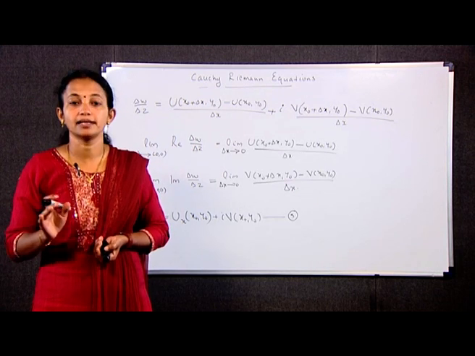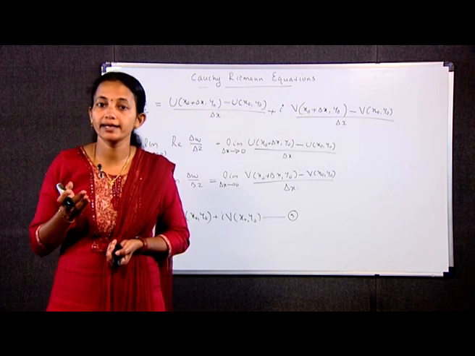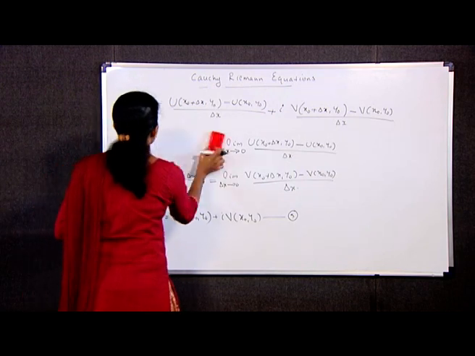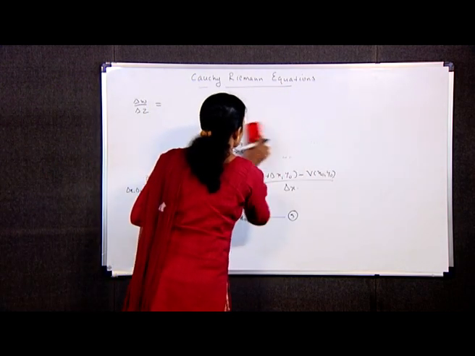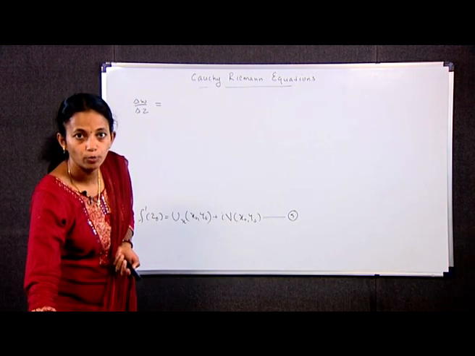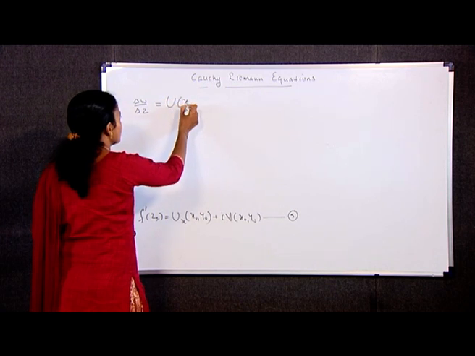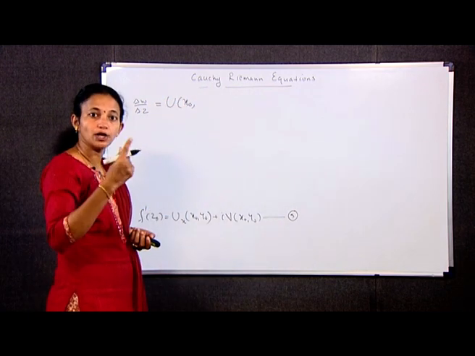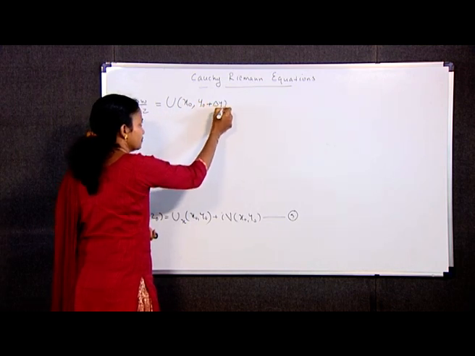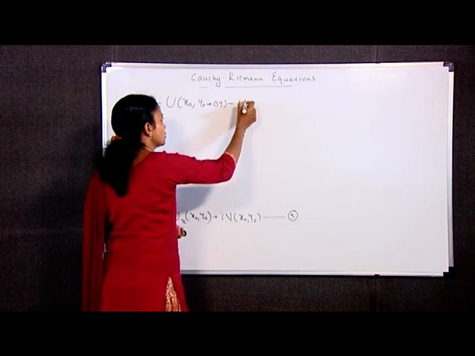This means that delta x is equal to 0 and the quotient delta w by delta z becomes u(x naught, y naught plus delta y) minus u(x naught, y naught)